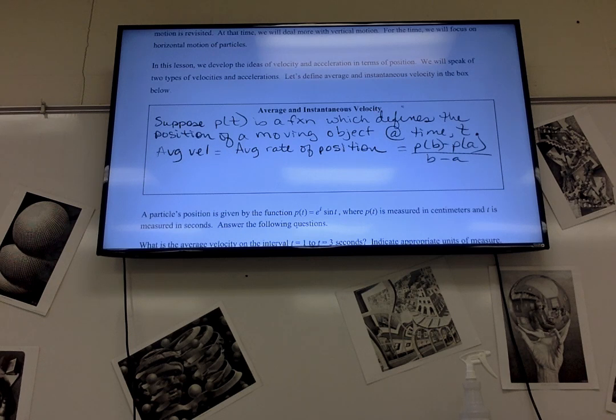So if you're asked for average velocity, it's slope. If you're asked for instantaneous velocity, what do you suppose it is? Derivative? Yep. Yes. P prime of